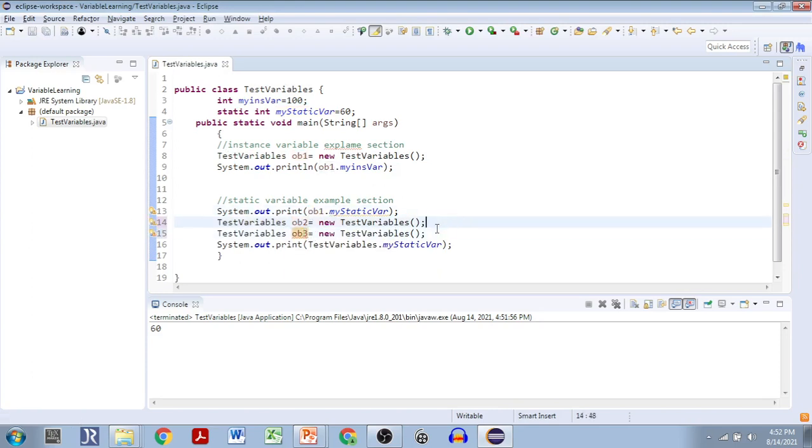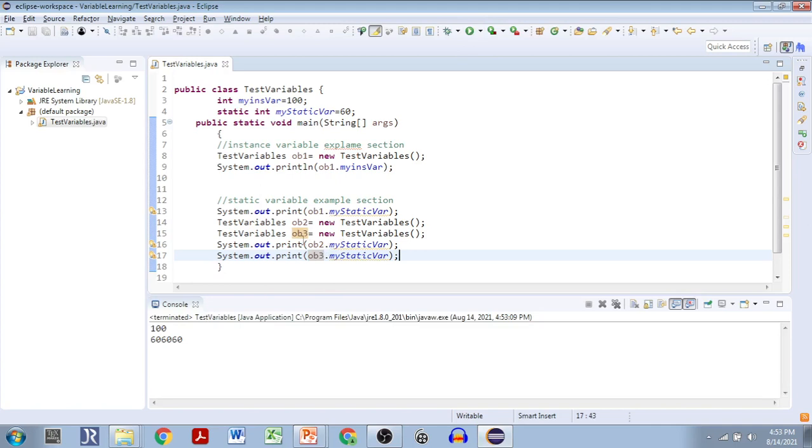ob3. Now see that if you call each, and as I told you, for static, each and every object will have the same copy of the value. Each object will get the same copy for a static variable. Now let's see, ob2 and ob3 will get the same copy of 60.